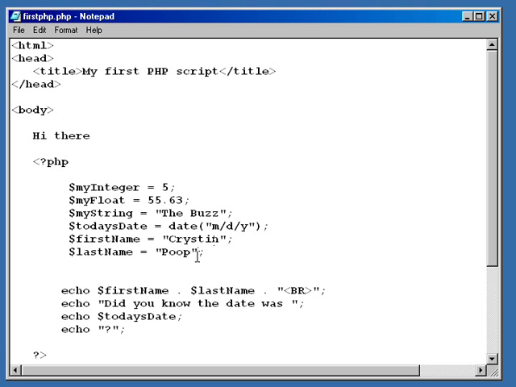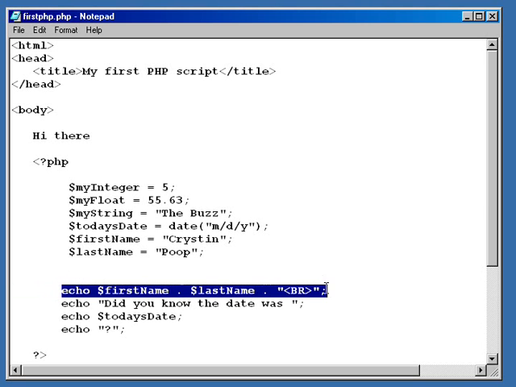So when I actually run this now, Adam, what's it going to see? What's the browser going to get echoed out right here? Well, it's going to first see first name, so it's going to go up and see Kristen. Then it's going to try to concatenate poop onto the end of it. I guess it's going to say Kristen poop, as one word. Absolutely. And so that's going to look kind of funny. But then it's going to do a line break and go down. So right now we're looking for Kristen poop, line break,